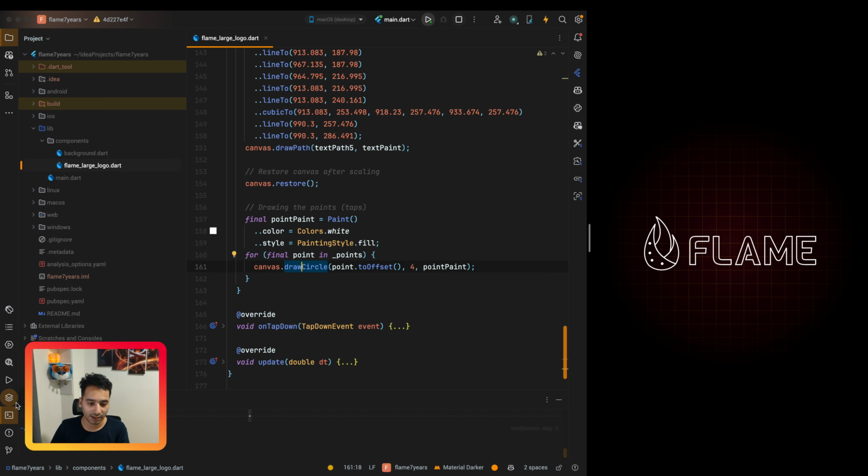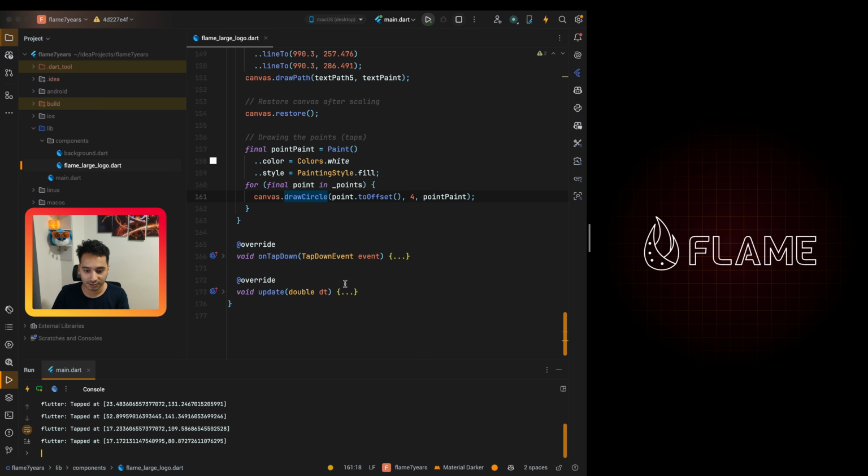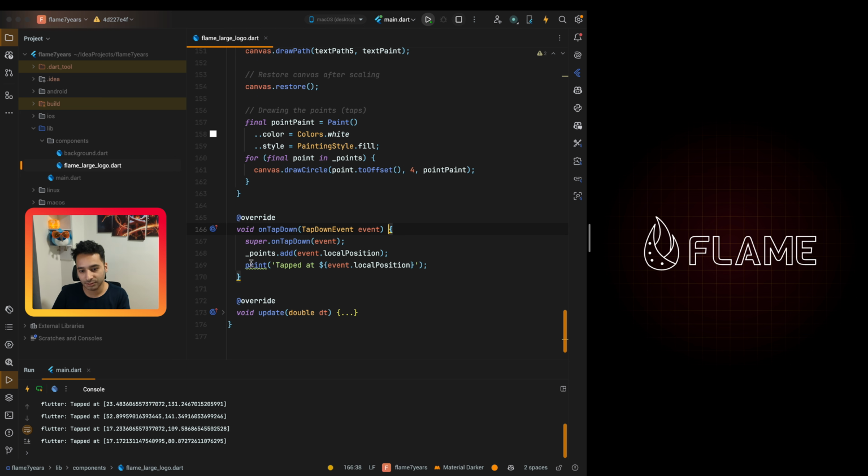And also I added a print statement here. So inside the onTapDown, I just added the point to the list and I just printed it here. For example, when I click here, it is this point, and when I click here, it is the other point. And I just started filling the shapes that we have one by one and manually. So exactly this way. And then I hard coded the points that we have inside the code.